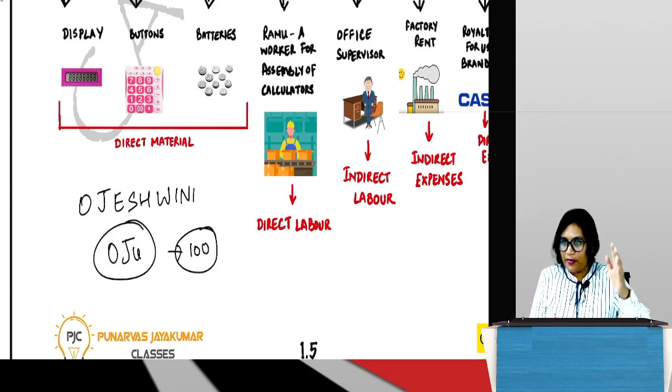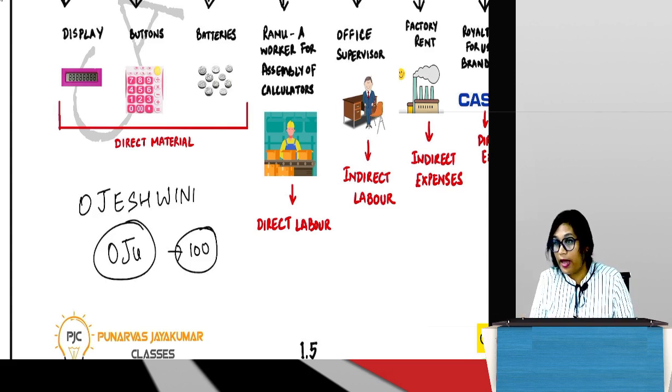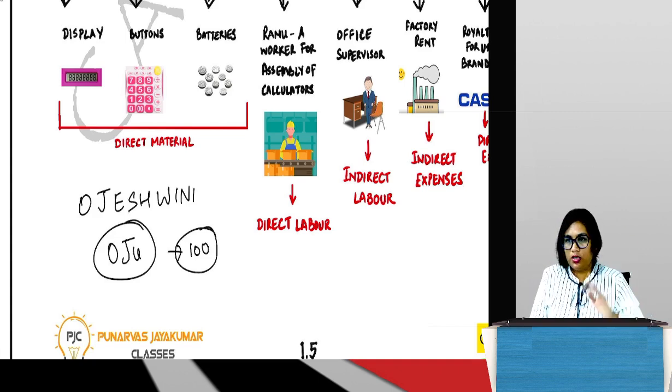So she's very happy. She keeps it there and goes. She tells him, you sell it for this much money and so on. All that setting is done. Now after 1 month, Oju wants to follow up. How many sales did I make? Let me go find out from that stationery uncle. So she goes to that uncle. She sees all her units are lying there. Not even one unit is sold. So she is very sad.